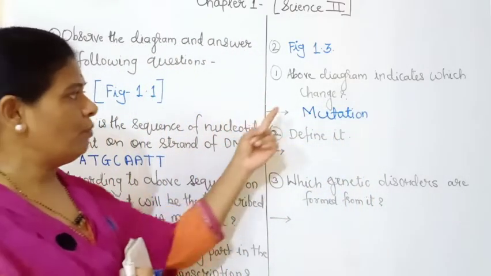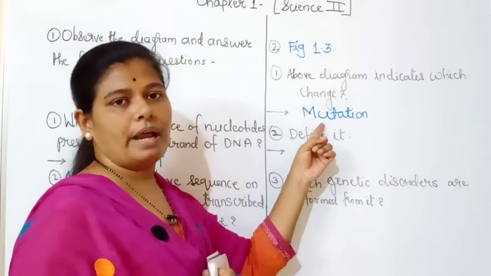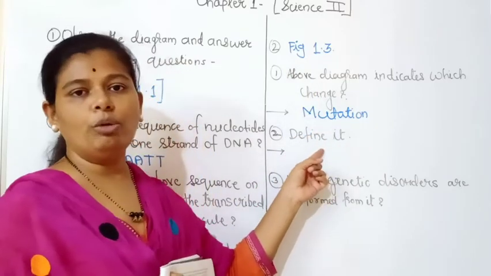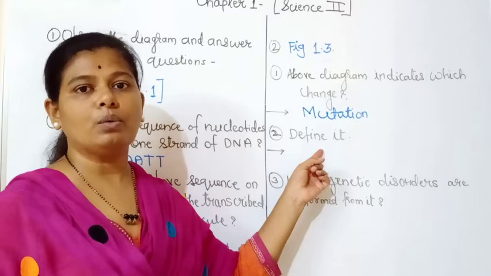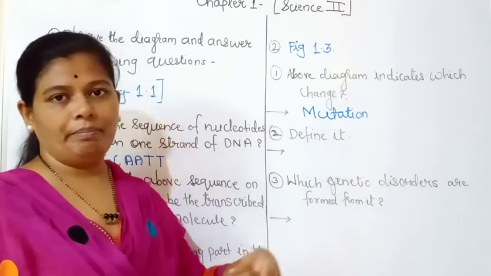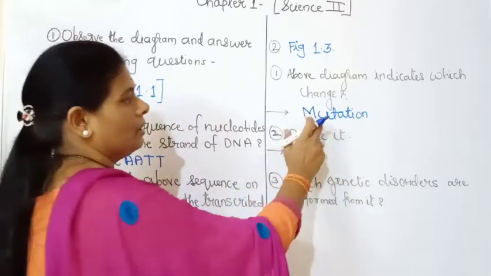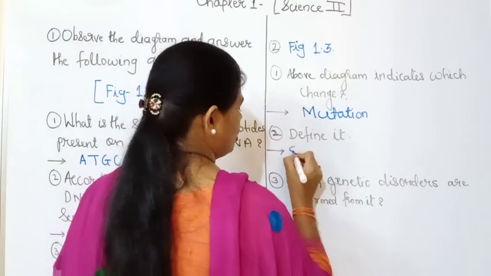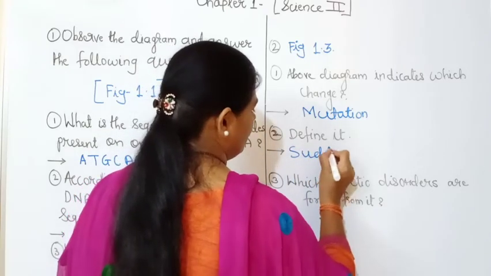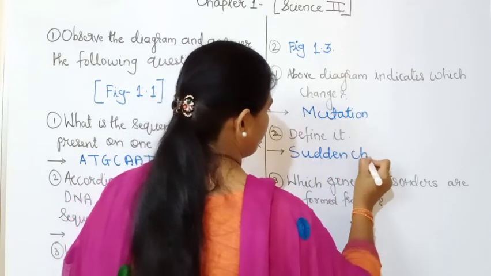Okay. Now if you are able to identify the diagram, then only you will be able to write the answer to the second question, that is define it. So you have to define the mutation now. So what is mutation? Mutation is nothing but the sudden change